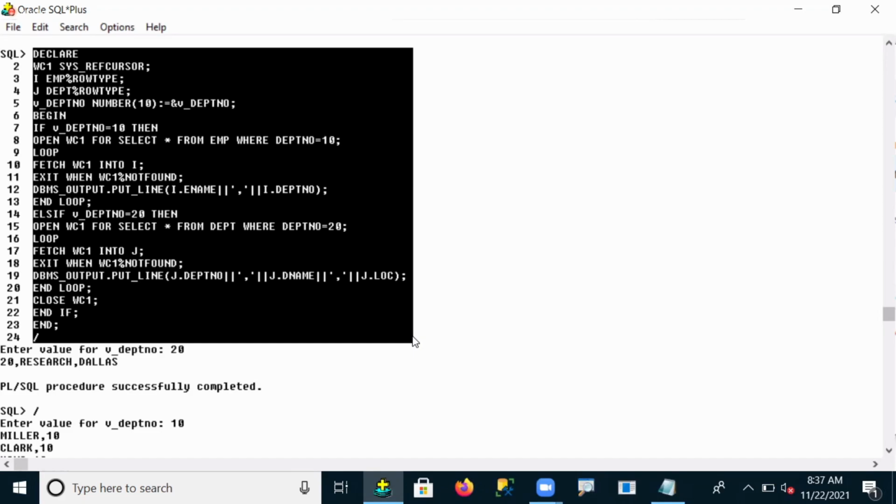Yes or no? Now tell me, I'm writing these cursor programs. Do these cursor programs come under anonymous or sub blocks? Anonymous, because there is no name for this program. Carefully observe, and this programming code is not saved.